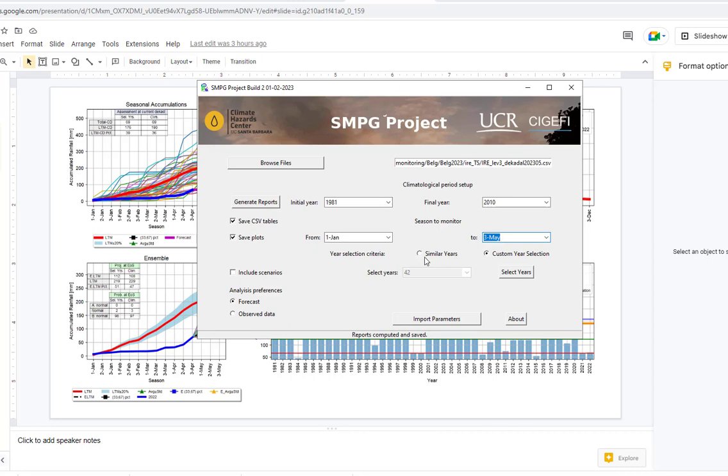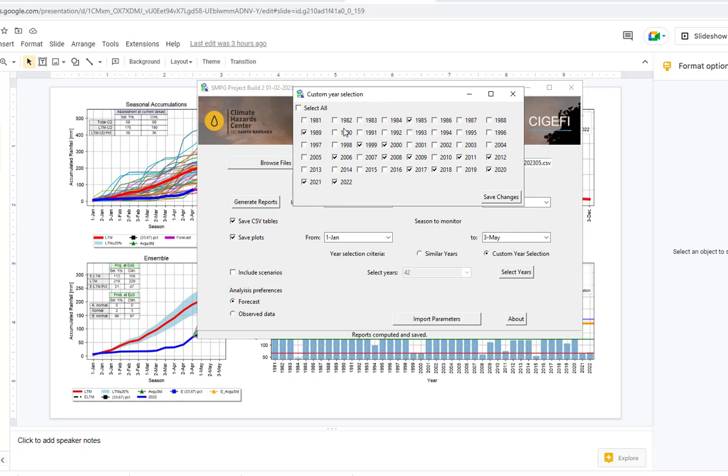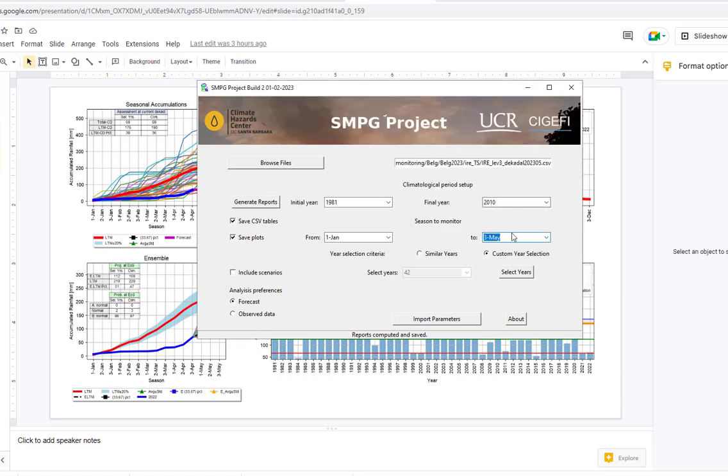We have different ways of selecting the years. In this case, we are selecting a set of years. Then we open this, select a set of years, and then we can select the years that we want. For example, the analog years in this case. Then we save changes. And so those are the years that we're going to be using to run the tool. But we also could use,